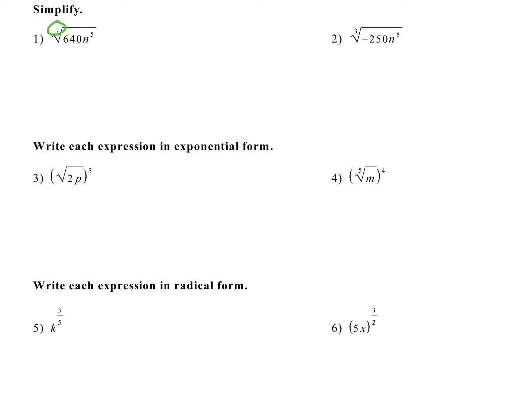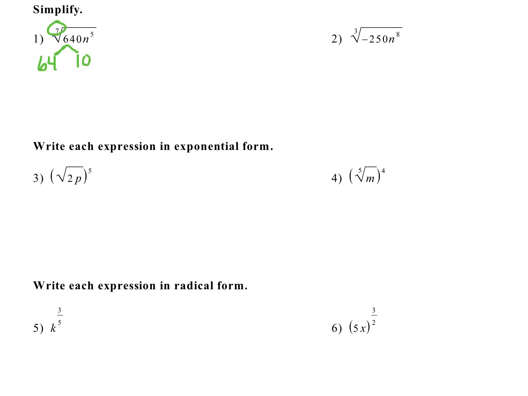Well, I'm looking for 7 of a kind. Okay, so I know that my n to the 5th is not going to do anything. I can't pull any out because I don't have at least 7 n's there to deal with. I only have an n to the 5th. I would have to have an n to the 7th or greater in order to be able to pull any of the n's out. However, the 640 I can start factoring, so I'll go the easy route and say 64